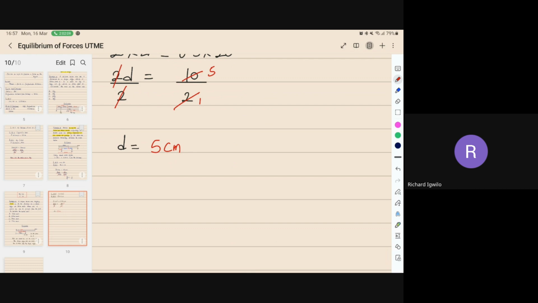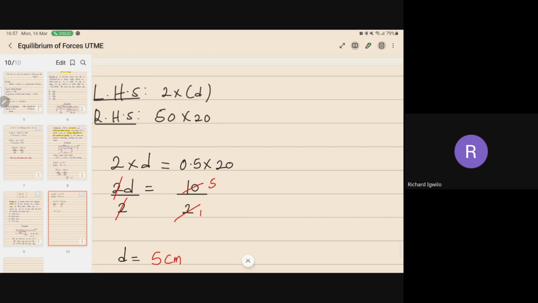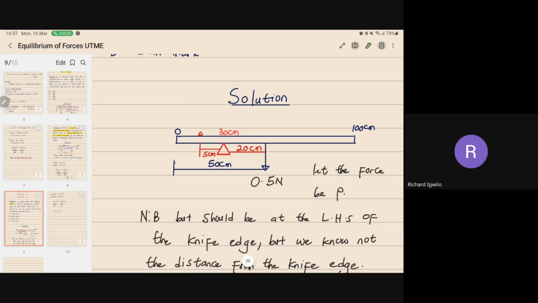You said something like 30 minus s equal to 5. Where is the 5 coming from? Are you following me now? So where is the 5 coming from? The 5 is coming from the fact that we have to get the first distance first, which is what we did here. And after that, if the distance between